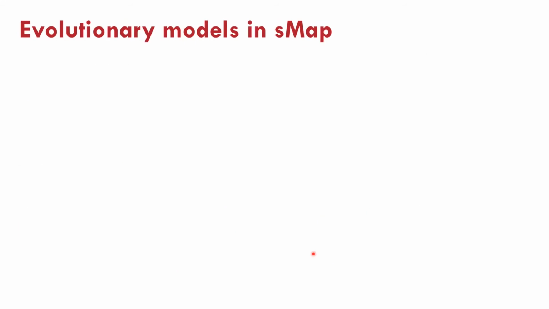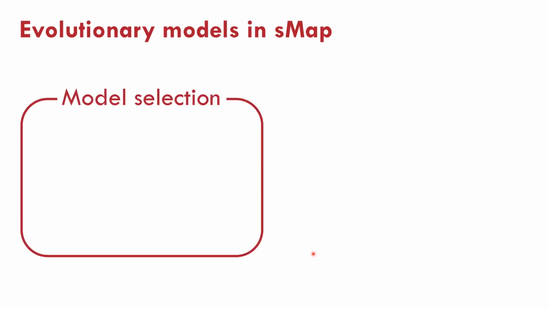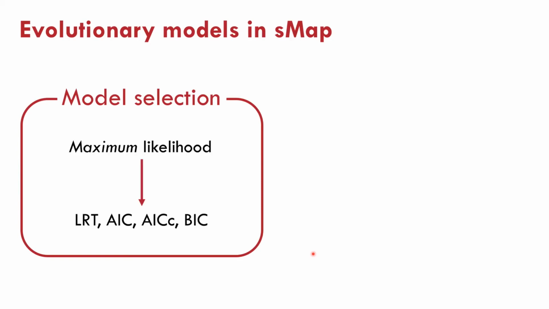So as I was saying, sMap implements many different evolutionary models. So one thing you may want to ask is, how do I choose which model to use for my data? And here there are two main approaches. One is just classical model selection, in which you use a maximum likelihood estimate to compute some sort of statistics, such as a likelihood ratio test, or AIC or BIC, and then you choose the best model based on one